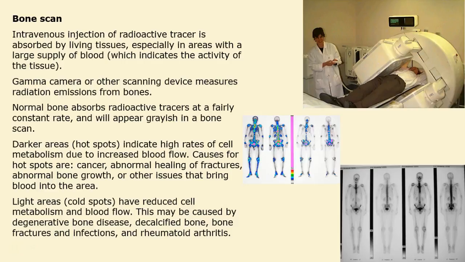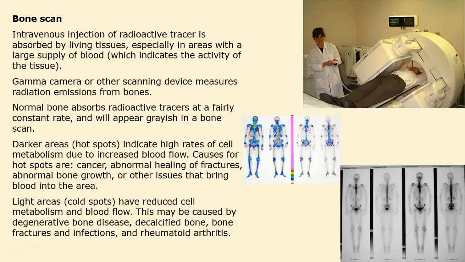A bone scan is when we use an IV injection of a radioactive tracer, and it's usually absorbed by living tissues that have a lot of activity, which means usually a large blood supply. We use a gamma camera or some other scanning device to measure those emissions. Now, on a typical healthy bone, we expect to see a grayish image because bone is fairly steady in its emission of radioactivity. But if we see dark areas, we call these hot spots, then that indicates high rates of cellular metabolism. Now, that could be a good thing. We just have increased blood flow. Or maybe we have some healing of a fracture going on, or some other tissues nearby are pouring blood into the area. So it can be good, but then cancer,